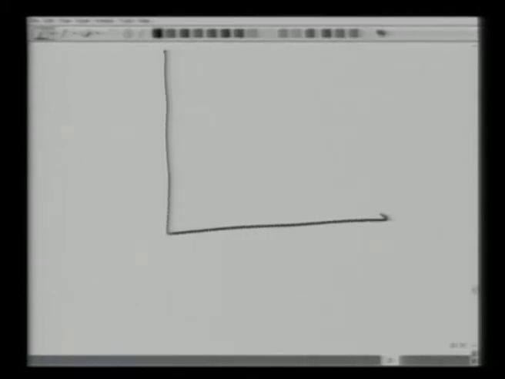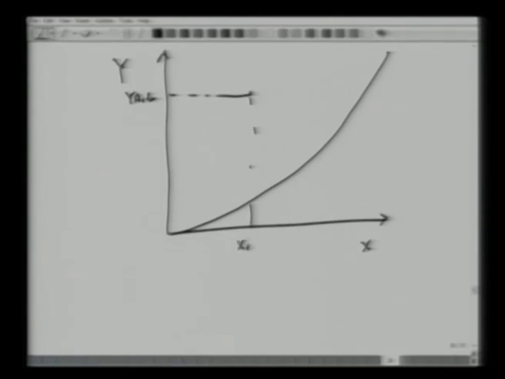We have x and we have y. We have the equilibrium curve. We have here yab, the bulk concentration, and the coordinate here is xab. If we know the two individual mass transfer coefficients, we can draw a slope of minus kx over ky to obtain xai and yai. This is what we did so far.